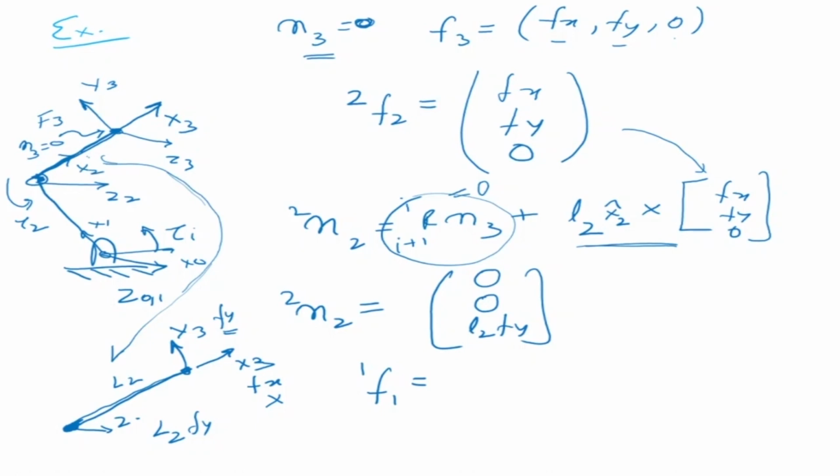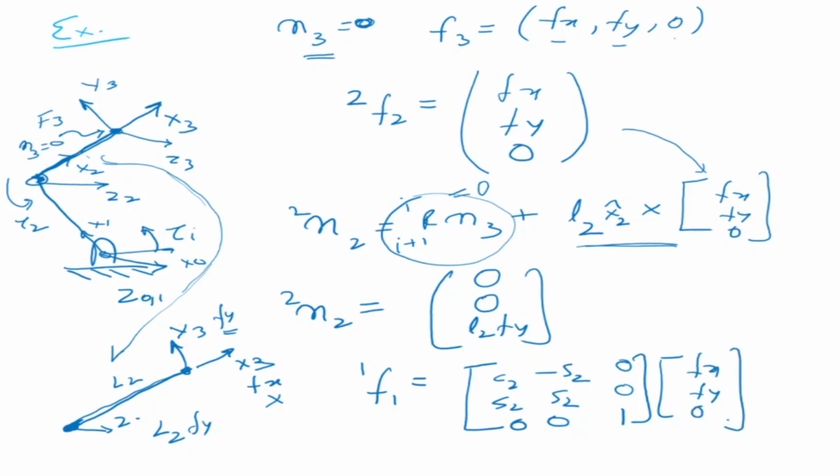Now when we are coming to frame 1, we see that there is a rotation between frame 1 and frame 2. So our rotation matrix will come in there, and this is equal to C2, minus S2, 0; S2, C2, 0; 0, 0, 1, into Fx, Fy,